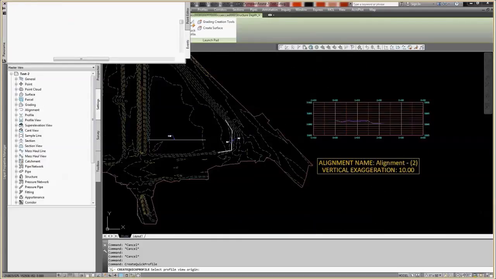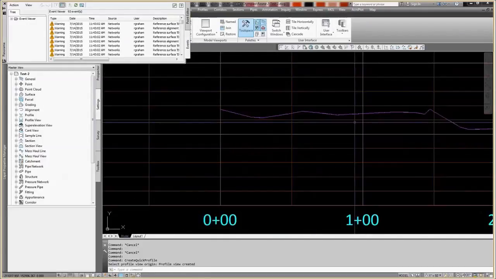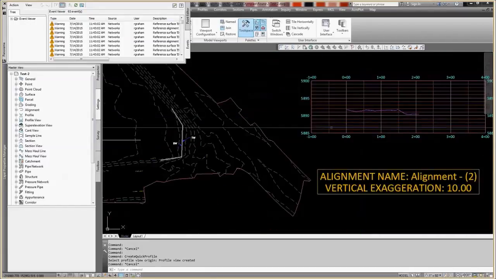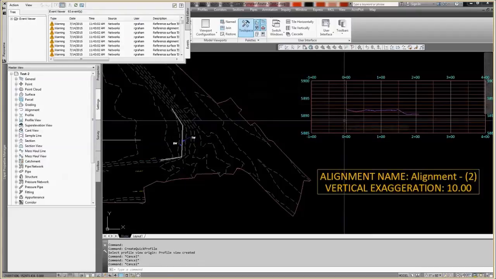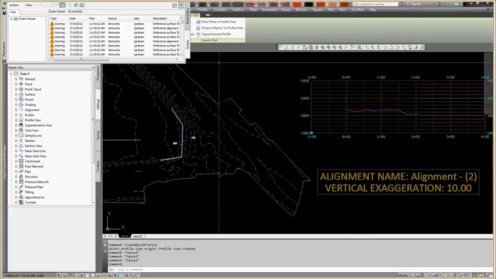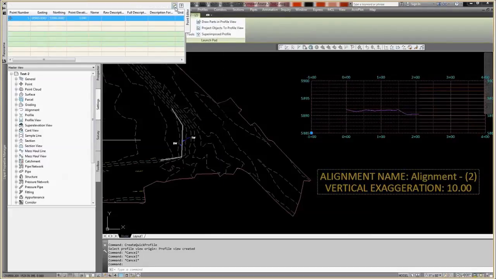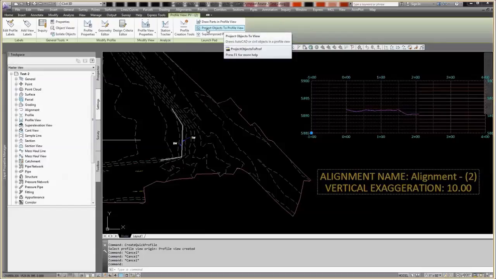And then select an insertion point. So there's the profile of the bottom of wall. And then if I want to add another profile to that, select my profile view or the grid, and then from the ribbon, project objects to profile view,